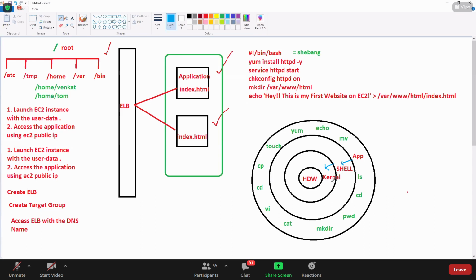The core component of your operating system is called the kernel. Inside the OS, you have a main code, and that main code is called the kernel. The kernel gets some resources from your hardware, executes whatever command you are asking for, and the result is given back to you through the shell on your terminal.